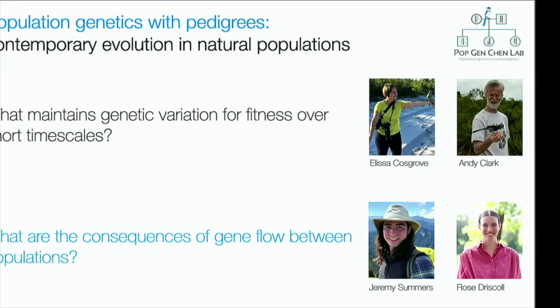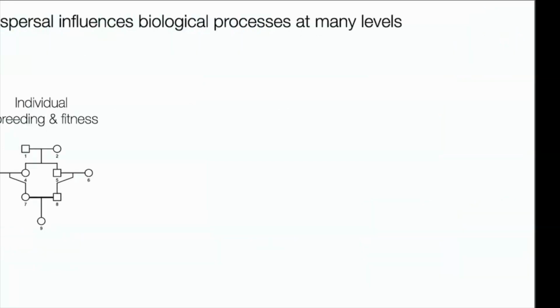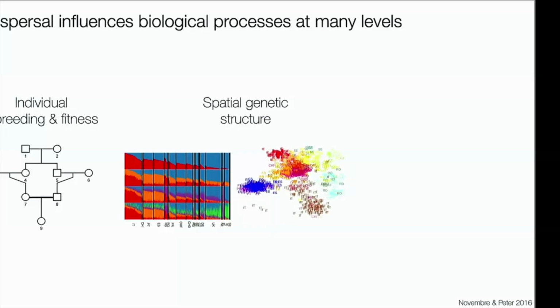So here we're really interested in understanding the consequences of gene flow, or mostly just dispersal between different populations. Dispersal is a really important phenomenon in nature that can influence biological processes at many different levels. At the individual level, it'll impact levels of inbreeding and also fitness. Across the broader landscape, dispersal underlies any patterns of spatial genetic structure we see, and between populations,